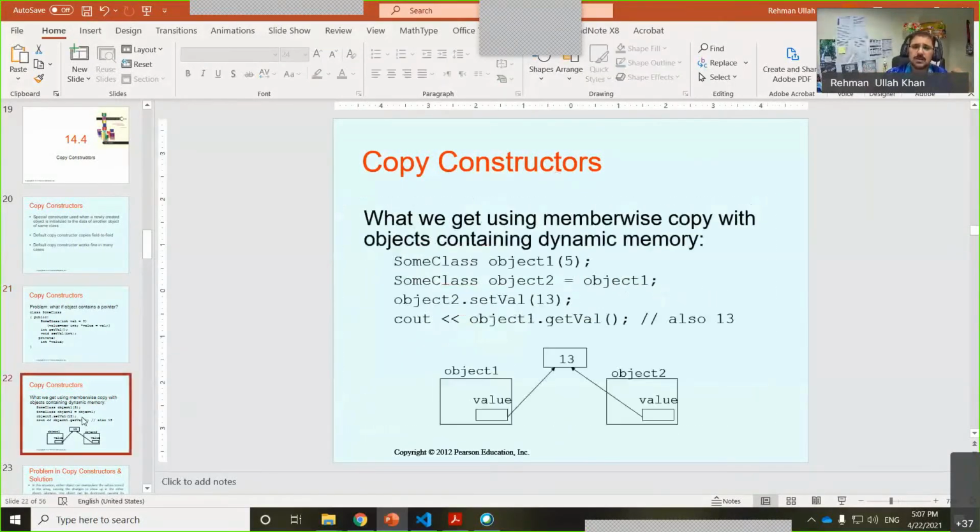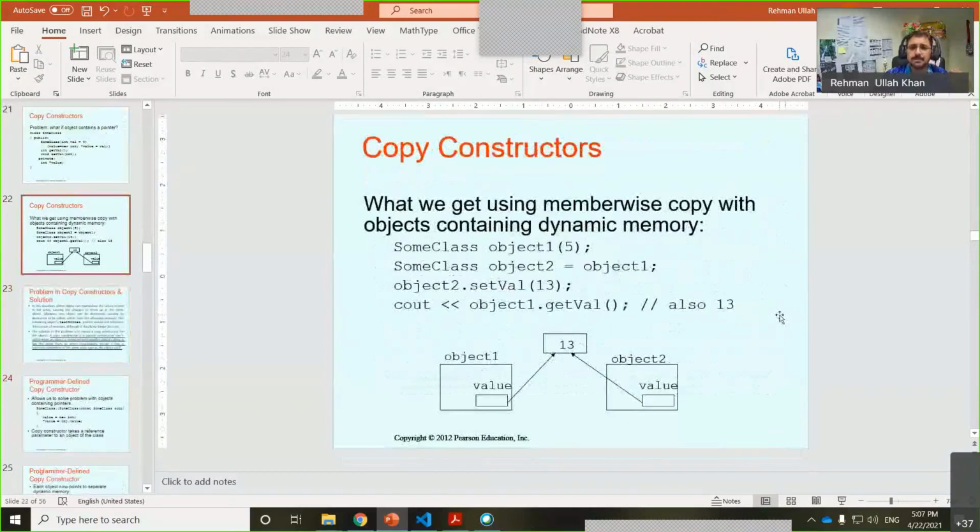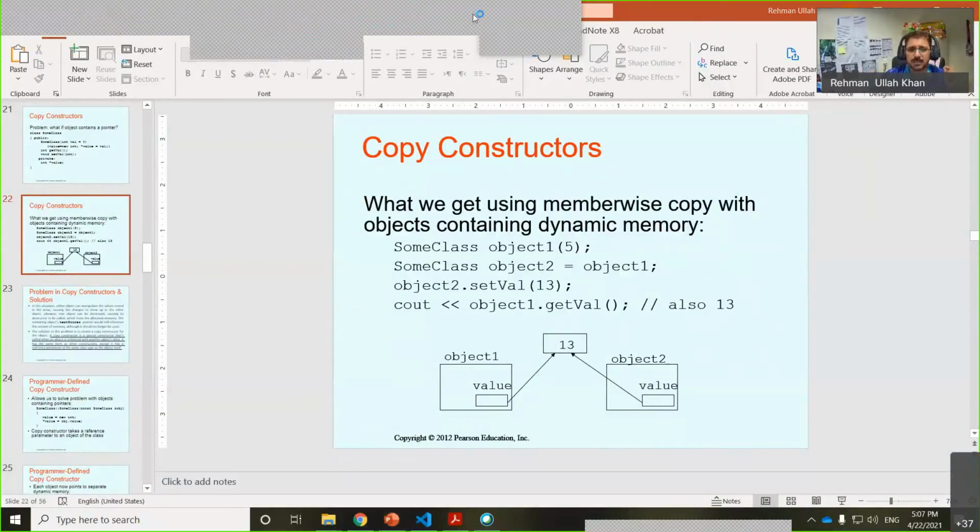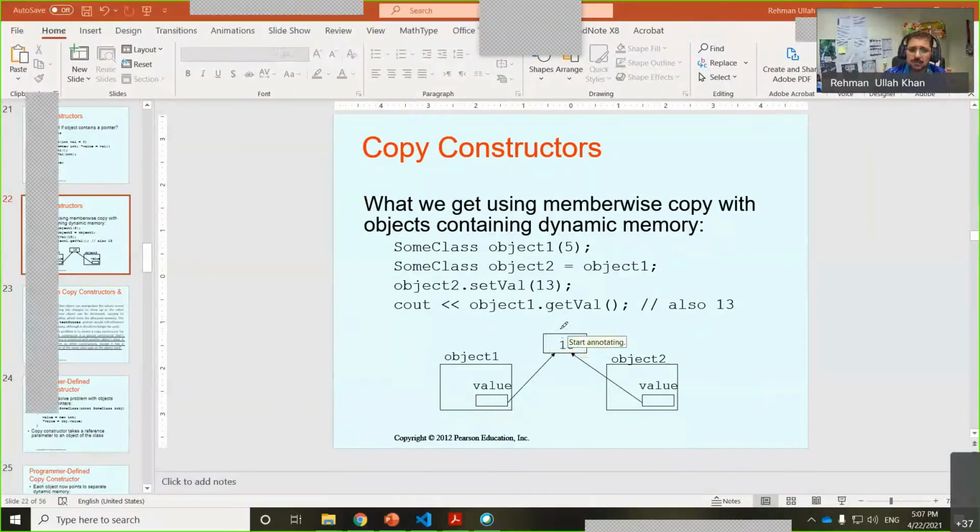So what's the issue? In the case of a pointer in a class, when you initialize one object with the value of another object, what happens to the pointer value? Both objects are pointing to the same memory location. Meaning the pointer is one and the objects are two, both of them pointing to the same location. Now the problem is that if any one of these is deleted, let's suppose this one is deleted, then its destructor will be called automatically.